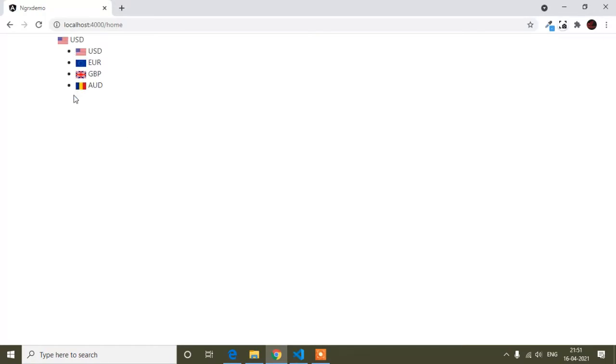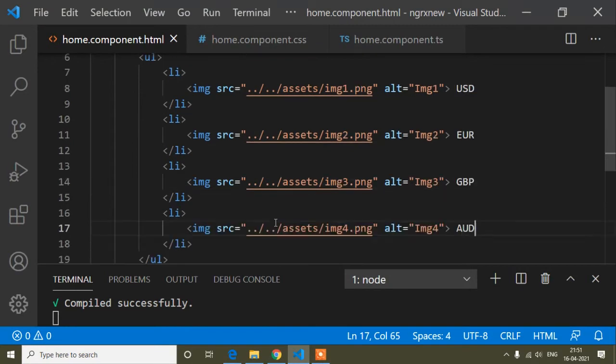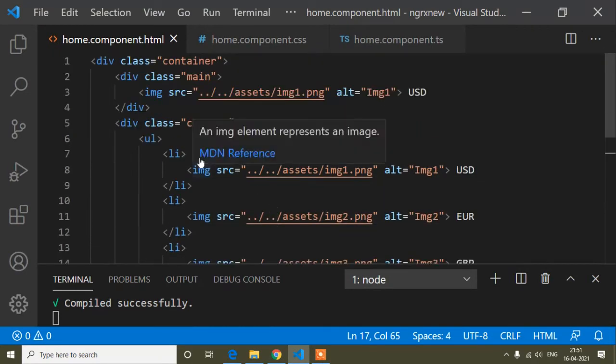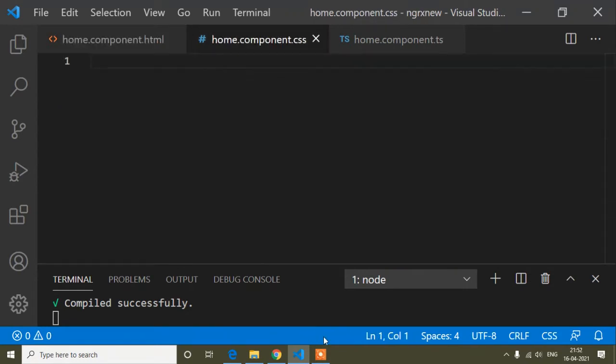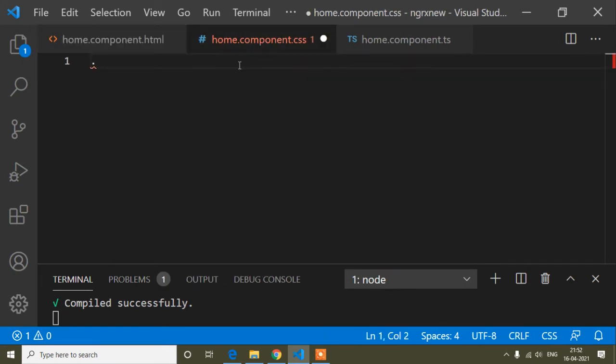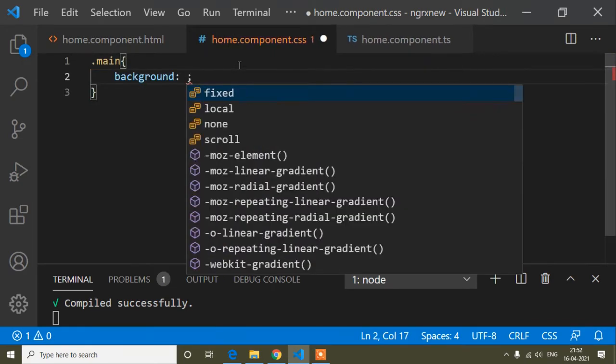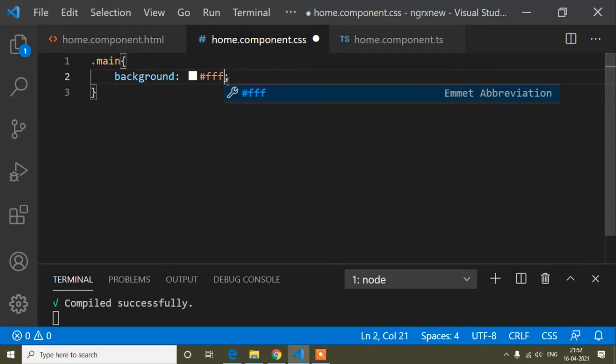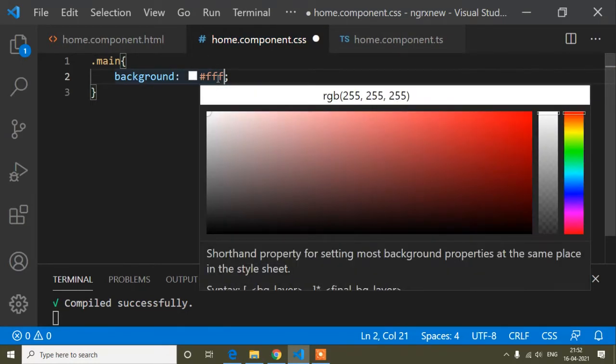So now you can see that. So now I will make a proper design. Proper means it's not actually a good design, but here our main focus is on functionality. So I will add some CSS. Okay, so here I will write first of all main. So I will add some CSS properties here. First of all background color. So the background color is F, the white color, and when I hover over it, the color panel will open, and now I can choose any color.